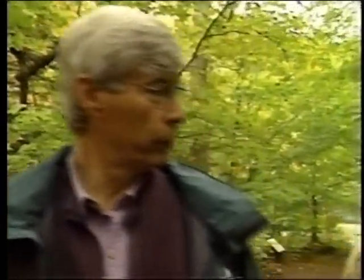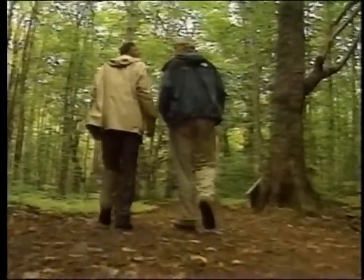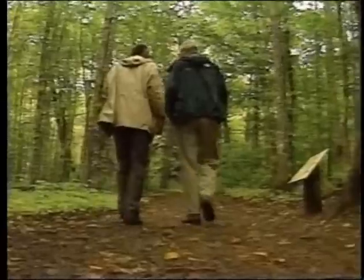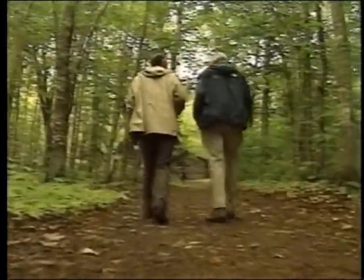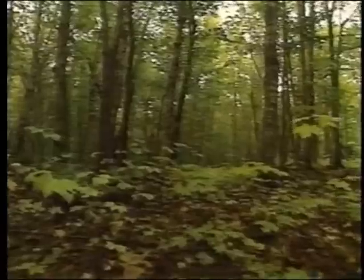So this would include some very old trees, wouldn't it? Oh yes, in this forest here, there are trees that are 400 years old, and most of the large trees that we see here in the canopy making up the forest are over 200, 300 years old. And it took 10,000 years of generations of this forest to produce the type of forest that we're enjoying today. You say it took 10,000 years. Why so long? Well, the glaciers cleaned everything off, and then when they melted back 10,000 years ago, there was just bare ground here. And